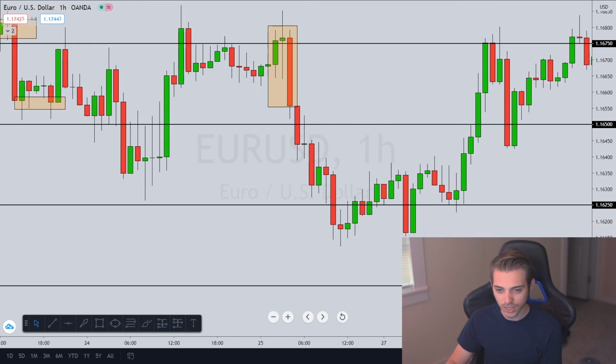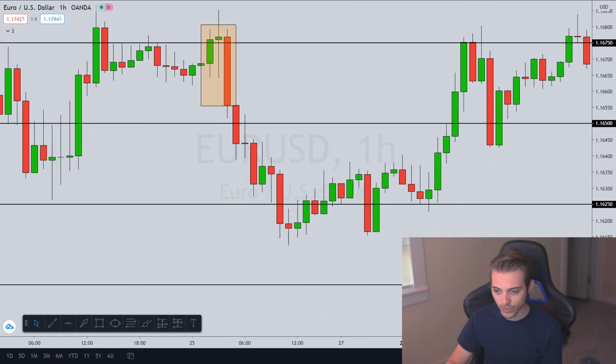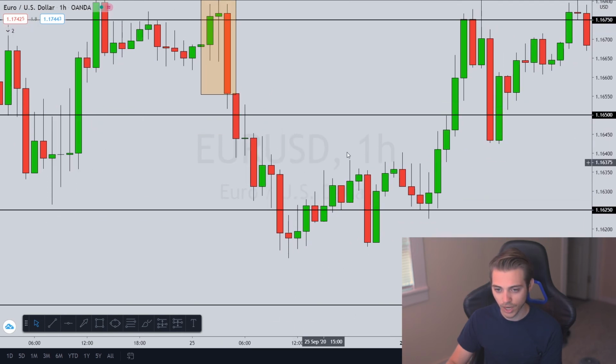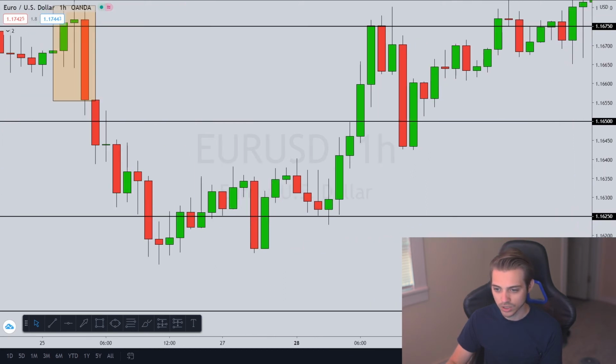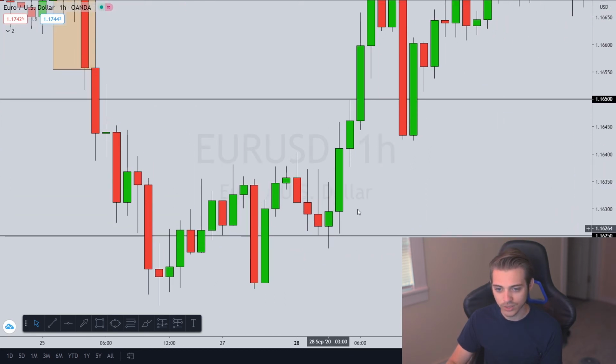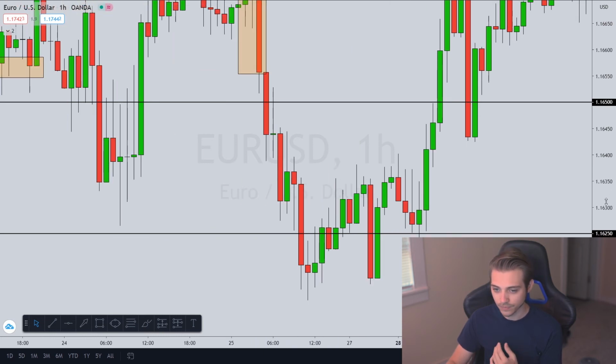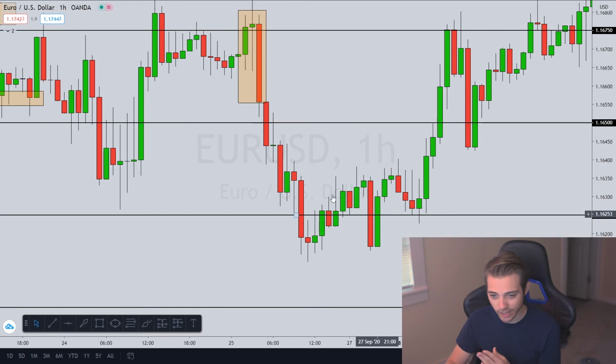So then we come down to this level right here. We can see that price hit it, came back up into it, hit it again, came right back up. And now we're sitting at this level right here. And we can see that sellers are starting to lose control. But for me, I personally would have just stayed away from this trade because this price action is really, really ugly,